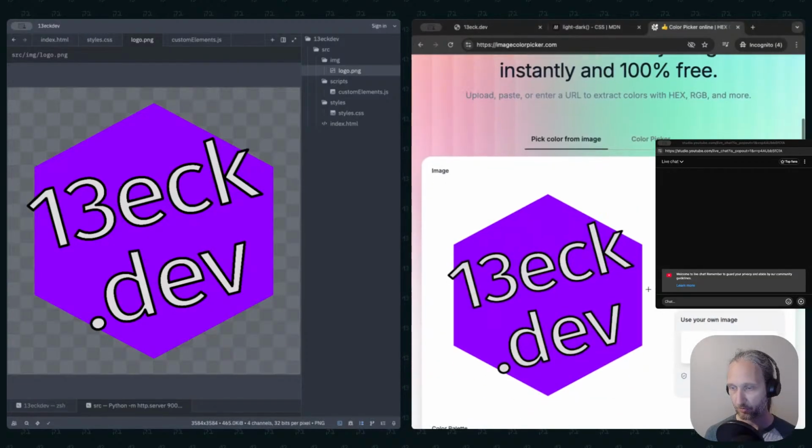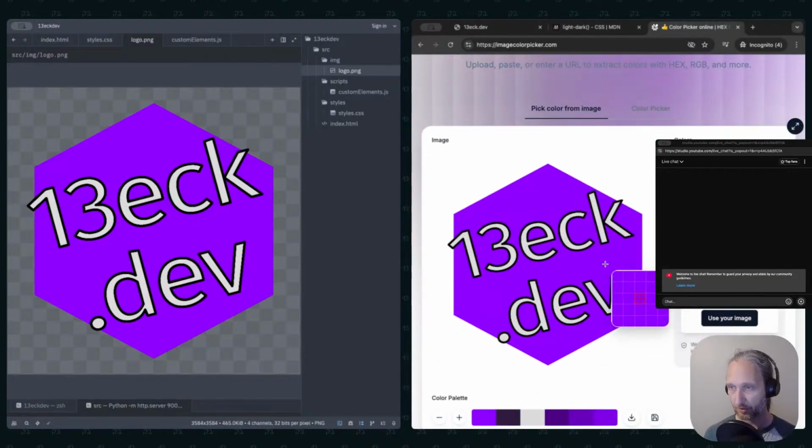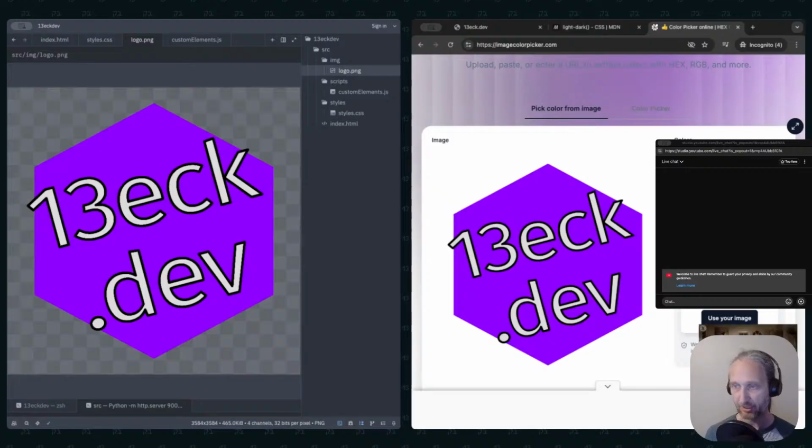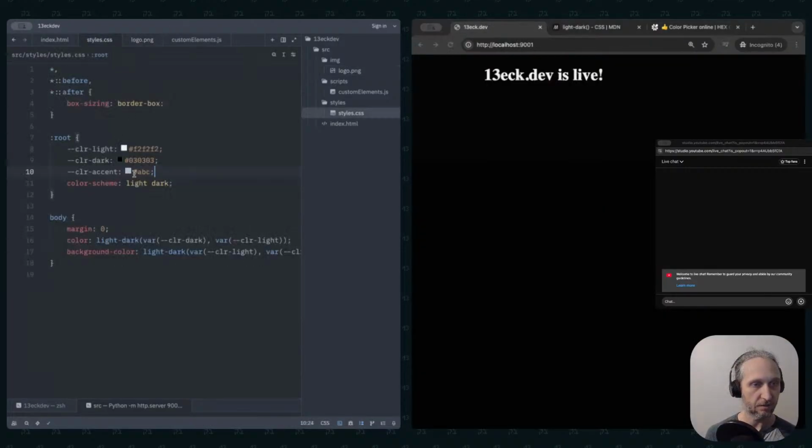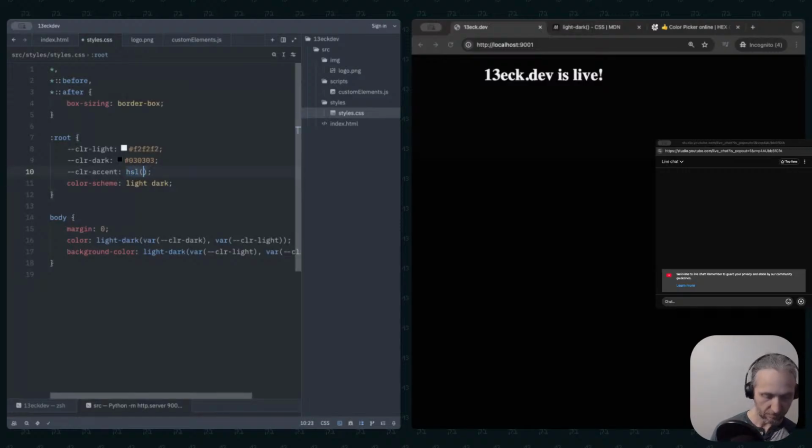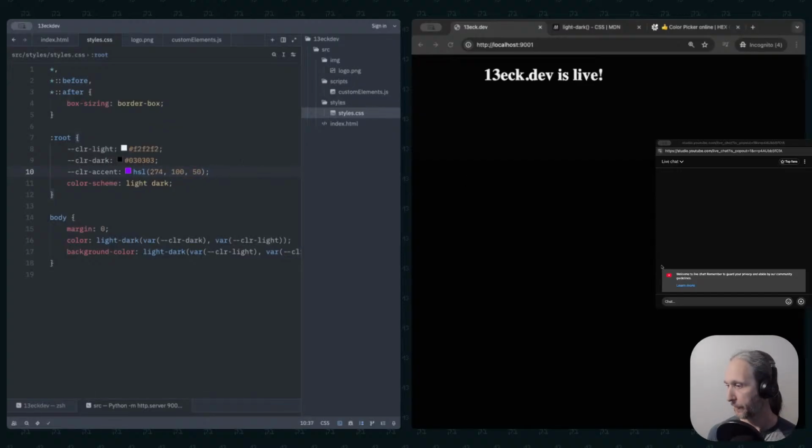Go ahead and drop that in. And I want this. I'm going to copy the HSL. Perfect. Okay, so style. Oh, whoops. Boom. Okay, so here's my accent color. And I am using HSL because I think that's probably going to be the quote-unquote best option at this point